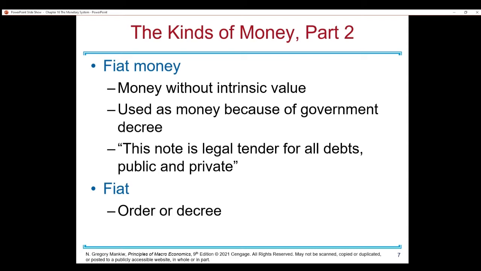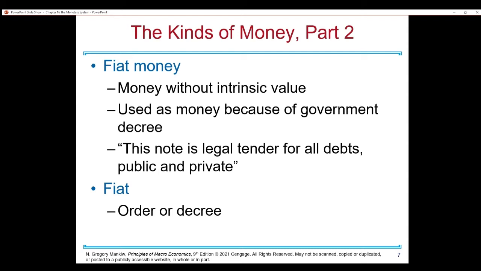Now, the Soviets never abandoned the ruble, but its people did. They were uncertain about what was happening to the government, and whether the ruble was going to maintain its value in the future. So they decided to use cigarettes because they were more confident that cigarettes would be accepted by others in the future.